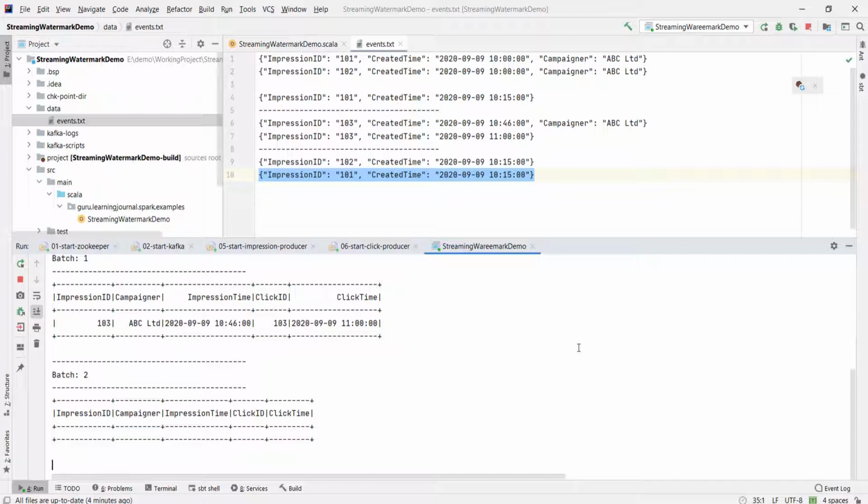Make sense? Great. Let me summarize. Spark stream to stream join will hold all the records in the state store. However, you can specify the watermark on both these streams and Spark will start cleaning records that are going below the watermark. Watermark is optional for inner joins. However, joining two streams that do not have a watermark will fill the executor's memory very quickly and you will start seeing the out-of-memory problems.